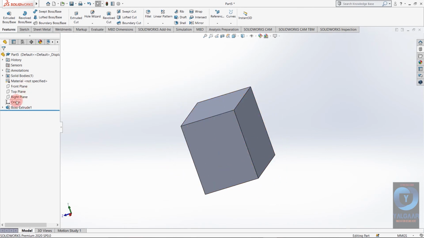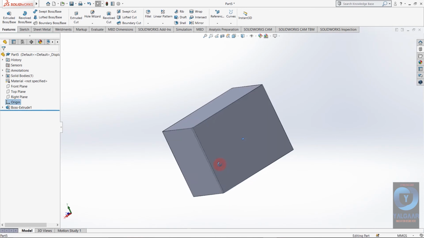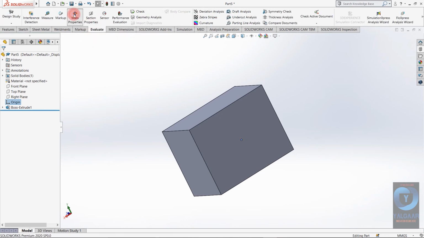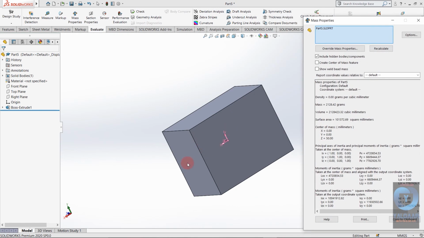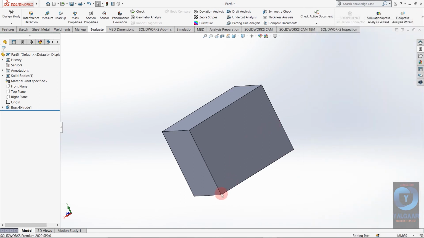If I click on origin, you can see the origin is here. Now if I go to evaluate and select mass properties, you can see the center of mass is 0, 0, and the z axis is 50 because I have extruded it for 100 mm. So I want it 0. I want the center of mass with respect to, say, this point.